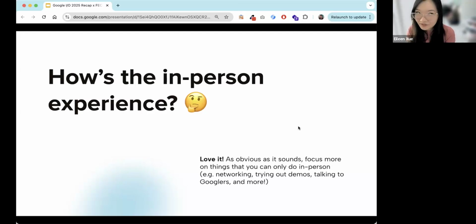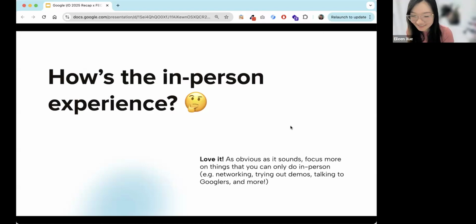But I feel like it was still worth it for me because of various reasons, like the network that you meet, the people you see, just hearing about people's stories, where they come from around the world. So I really enjoy that.